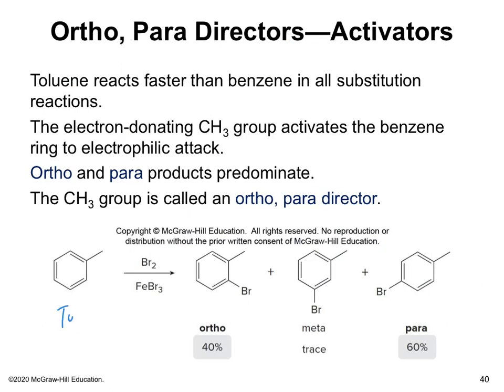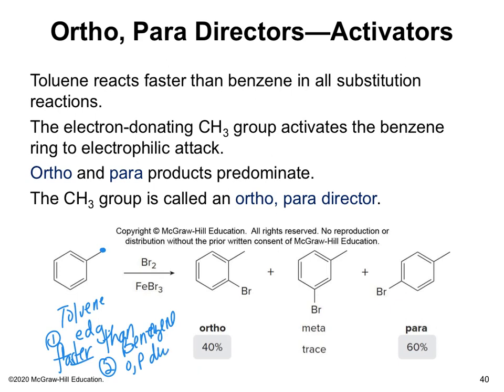So here we have toluene. So we have this methyl group, and that is an electron donating group. So it's going to be faster than benzene. So the reaction is going to happen faster than benzene. And it's going to be an ortho-para director. So when you draw your sigma complex, well, you go ahead and make the bromine electrophile. And this is your ortho group. So we can show the sigma complex where the bromine